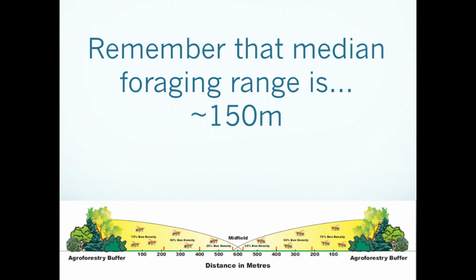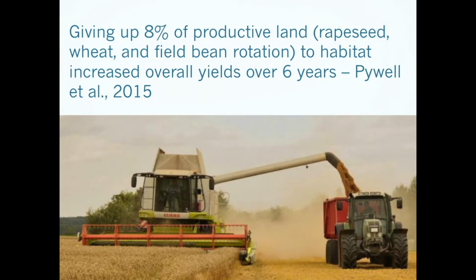And that might be a bit of a tough sell for farmers. It's like, you're asking me to take land out of production to create habitat for beneficials that are mostly going to occur in the fields, a much more difficult sell than just turning your field margins to habitat. However, there have been increasing studies in the last few years to show that taking land out of production,